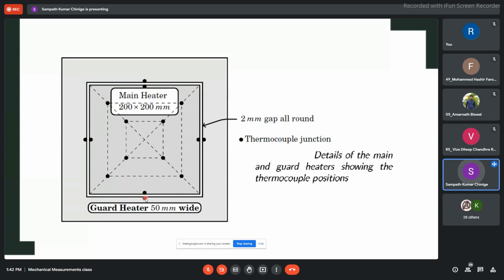Okay, let us think that way. One more way. Suppose you want to heat this, how do you control the temperature of this? How do you control the heat flux that you are giving to this? We are giving a heater, right? If you go on heating it, what happens? Let's come to an experiment kind of a thing. Okay, you are doing an experiment right now. So you are continuously giving current to it, power to it. What happens? Its temperature keeps on increasing, correct? But you want the temperature to be consistent, correct?